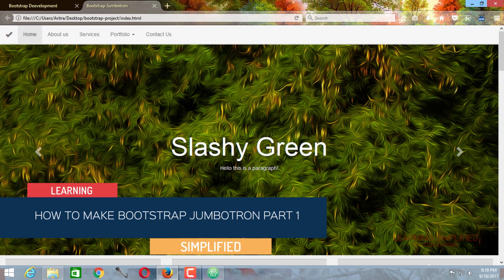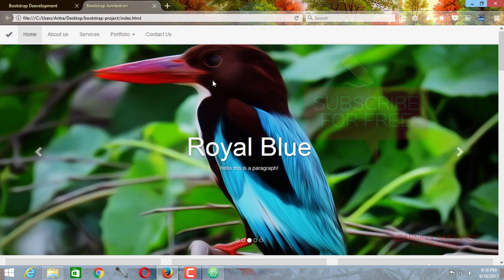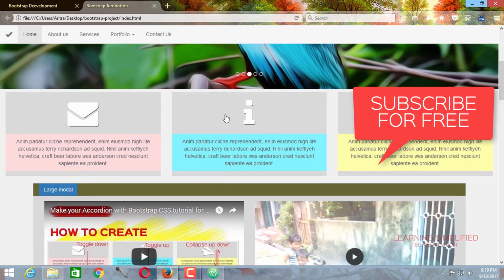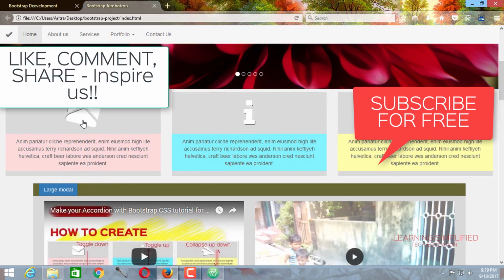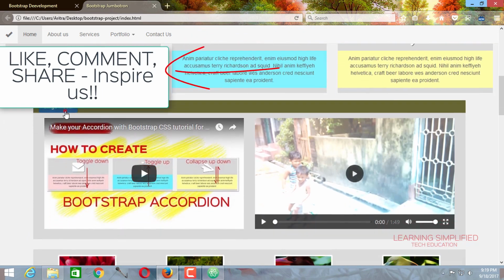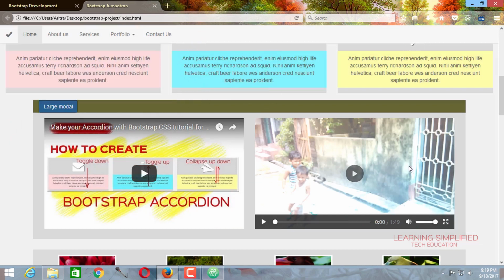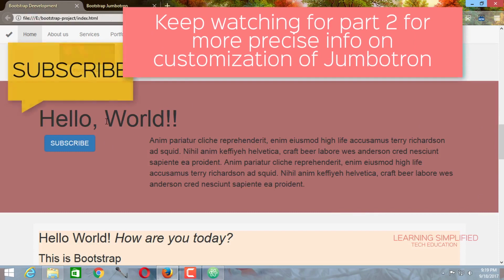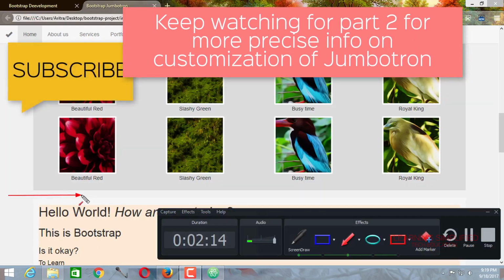Now, from our previous tutorials we have learned a lot of things, such as how to create a collapsed drop down menu. Then we learned how to create this carousel image slider, and then we learned about Bootstrap accordion and setting animation delay into it in this manner, as we can see over here. Then we knew how to create these modals and how to insert videos into your Bootstrap HTML5 project. And there are a lot of many things that we have clarified. Now this is the thing that we are going to learn in this tutorial. We are going to insert Bootstrap Jumbotron into this part.